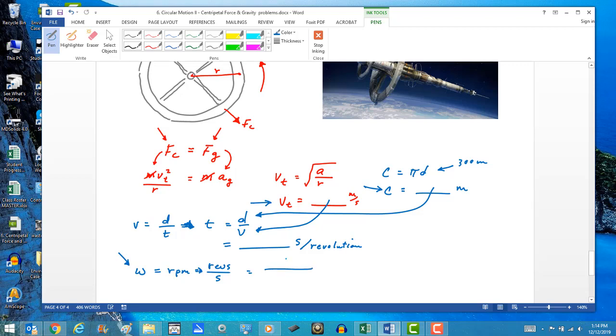That would be one revolution over the number of seconds we just calculated, between 20 and 30 seconds. That's revolutions per second, and we know there's 60 seconds in a minute. You should get an answer between 2 and 3 RPM, revolutions per minute. So carry it out to the